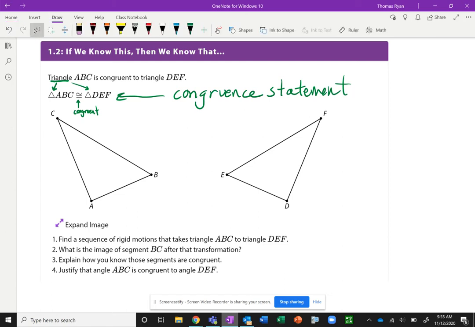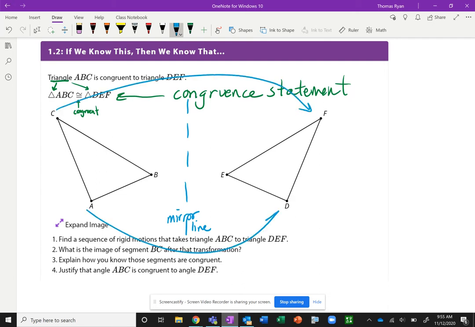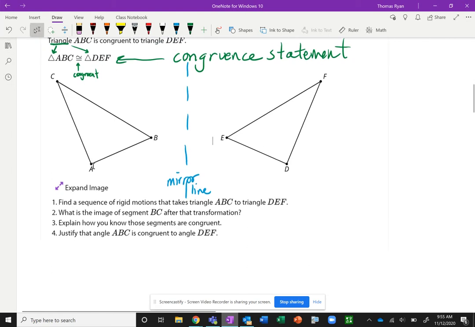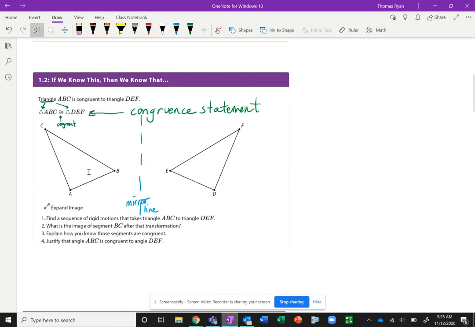I hope what you guys notice is that it looks like the triangle has literally just been folded and flipped over. And sure enough, if we draw a line, if this is our mirror line, if this is our line of reflection, then the triangle just looks like it's getting flipped over onto the other side, which it is. So we can say that for number one, a sequence of motions that take the triangle is,